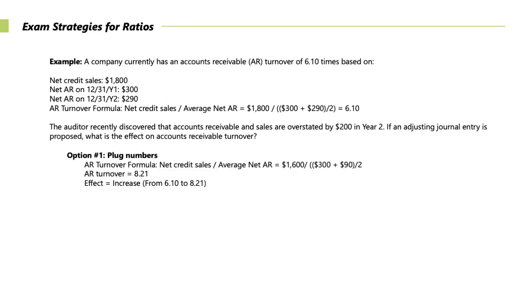If you weren't sure how to do it, you would ask yourself the following question. Net sales, average items in this particular case. I could plug in some numbers here and see what happens. Now, what happens with this if you see 8.2 versus 6.1? Is that better or worse? Better. Faster. Faster is always better. So hence, in that particular case, the collection period has gone from 60 days maybe down to 45 days. We're getting our money faster, and we always like that. Let's go on to our next slide.